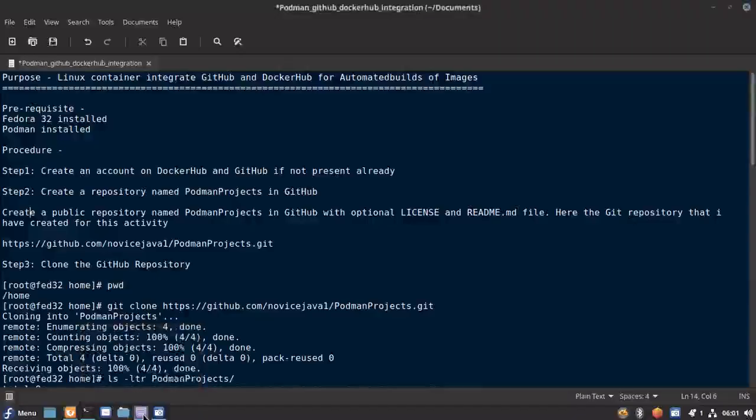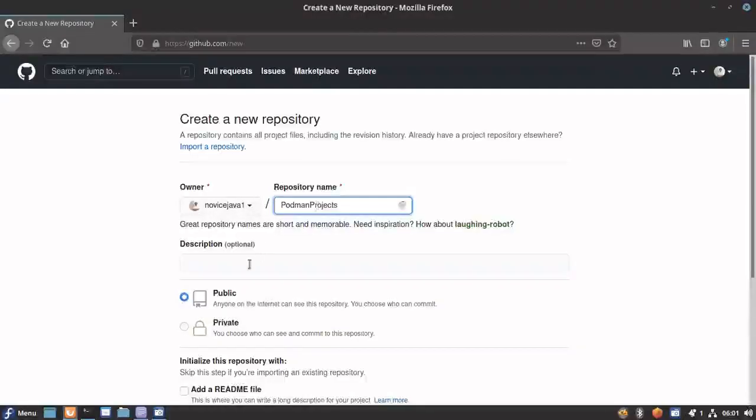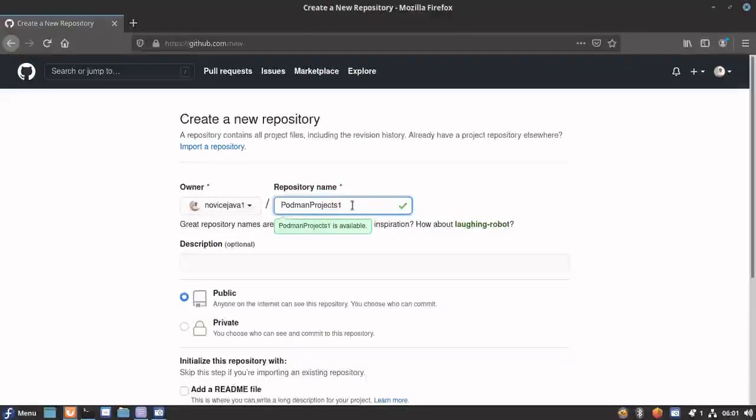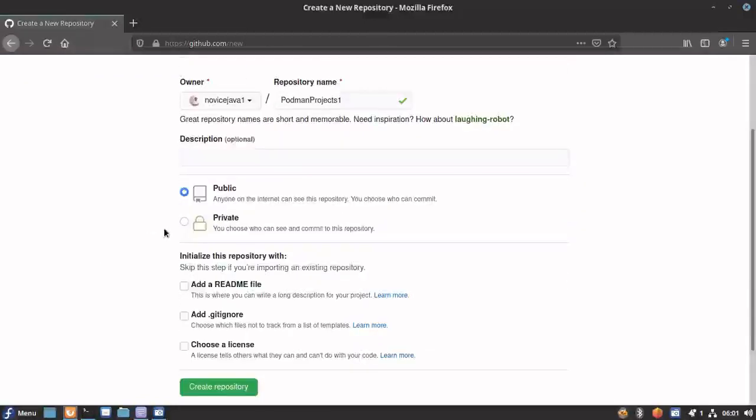Right now I have given the repository name as Podman project. I already have my project available, so I'm not going to create it, but I'm just showing you how we can create a new repository.